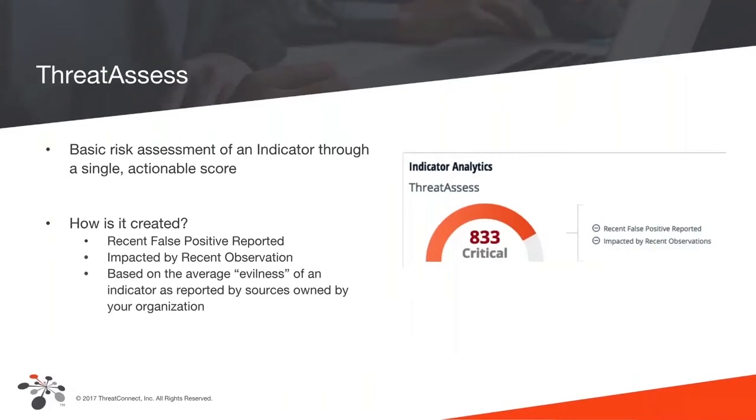So ThreatAssess and CAL, what do they mean and how can they help you make more informed decisions? So ThreatAssess is, and this is the way I explain to everybody, ThreatAssess is a really great algorithm that was developed by minds greater than mine that is going to go through and take into account a few things to give you an actionable score. So we want to give you something that when that analyst first pulls up and they get to that indicator, they can say, all right, this is how I should proceed from this point.